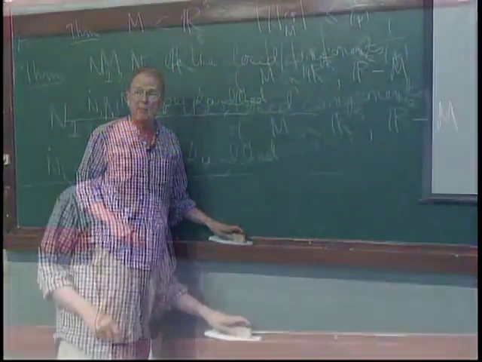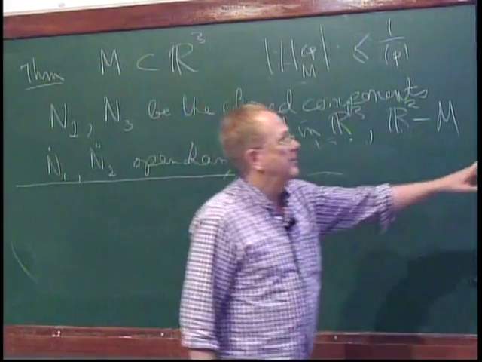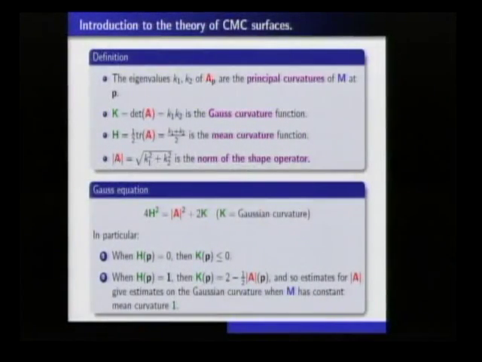So if I have a properly embedded minimal surface, minimal corresponds to when this function is identically 0, then I automatically have non-positive curvature, as we mentioned before, but I'm going to have this nice property. Okay? There was something else I wanted to say here.